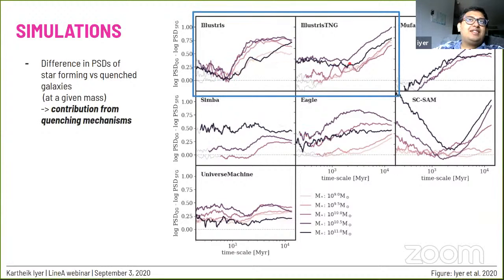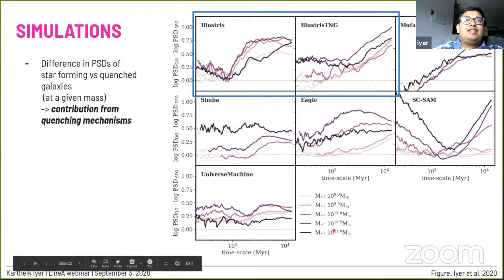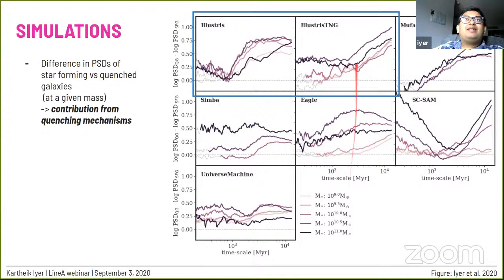If we look at Illustris versus Illustris TNG, the TNG, which stands for the next generation model, has updated prescriptions for feedback and winds, and it is probable that that's the physical process that's responsible for the short time scale power that we see in whatever's causing quenching. The second hint comes from the fact that there is a split at a stellar mass of about 10 to the 10 and a half solar masses, which is when black hole feedback really starts dominating how galaxies quench.